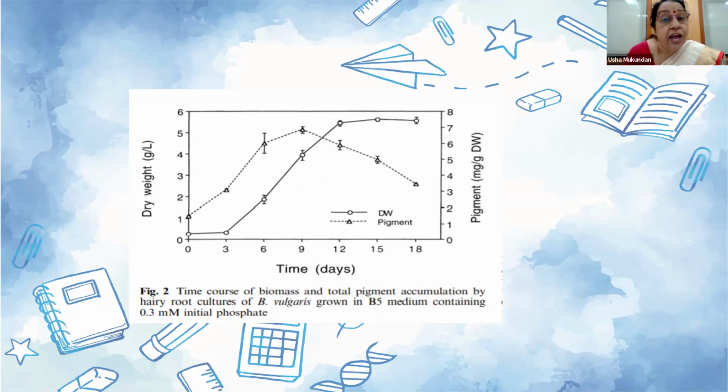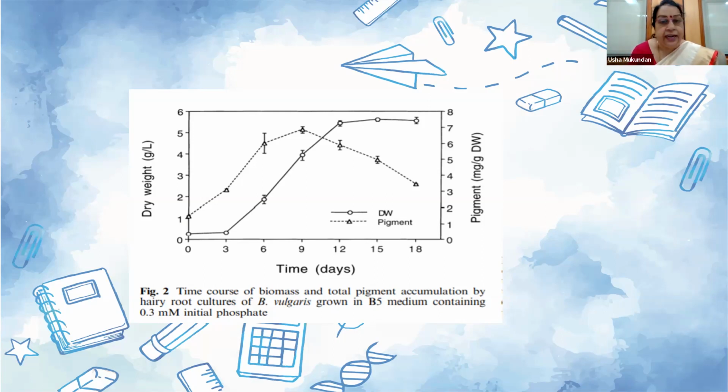See, but at the same time, when you are talking about volumetric productivity, you are starting with some inoculum. So you have started with, say, 1 gram in terms of dry weight as an inoculum. So that will not be sufficient. You want the biomass to be accumulated. At the same time, you also want pigment accumulation. So you have to do a growth study, harvest the flask at regular intervals, measure the amount of biomass accumulated, and